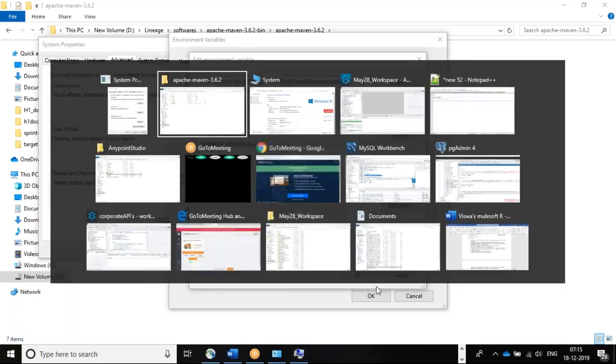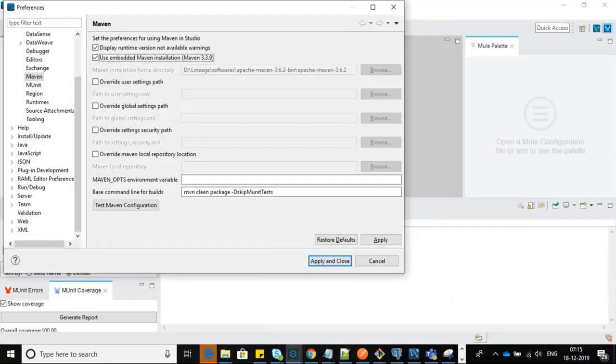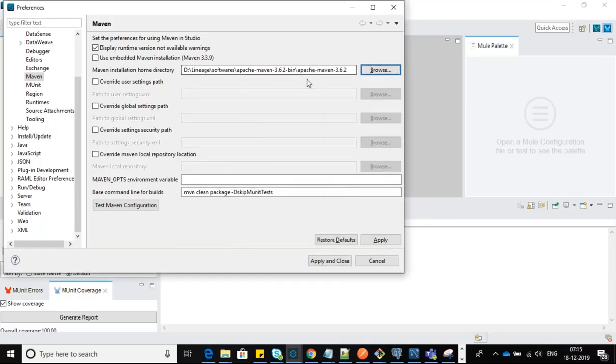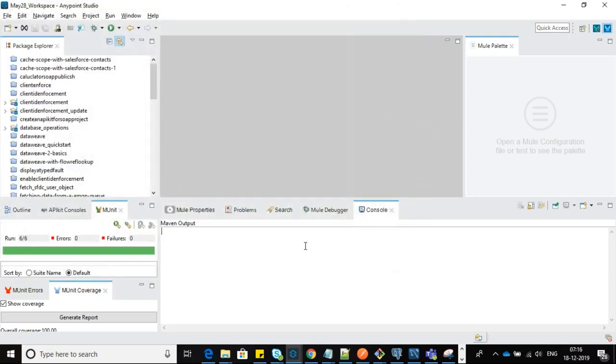Once you're done with that, the next step is go here and then show the path. Here also you have to show the location with the browse option. Show your Maven root folder. Just a second, I'm doing that. Okay. Any other questions?